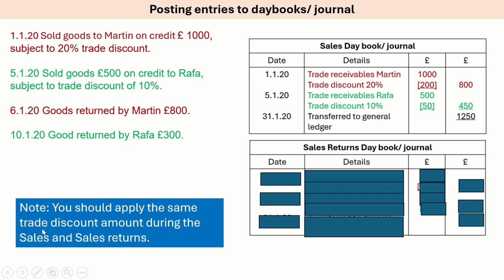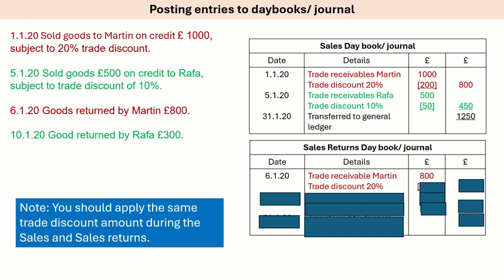Now, remember, in order to prepare the sales returns daybook or journal, you should apply the same trade discount amount as during sales, meaning credit sales. As you can see here, 6th, goods returned by Martin. Enter this in the sales returns daybook. Trade receivables Martin, amount. We offered 20% trade discount before. Apply the same. Trade discount 20% should give 160. Therefore, the net value should be